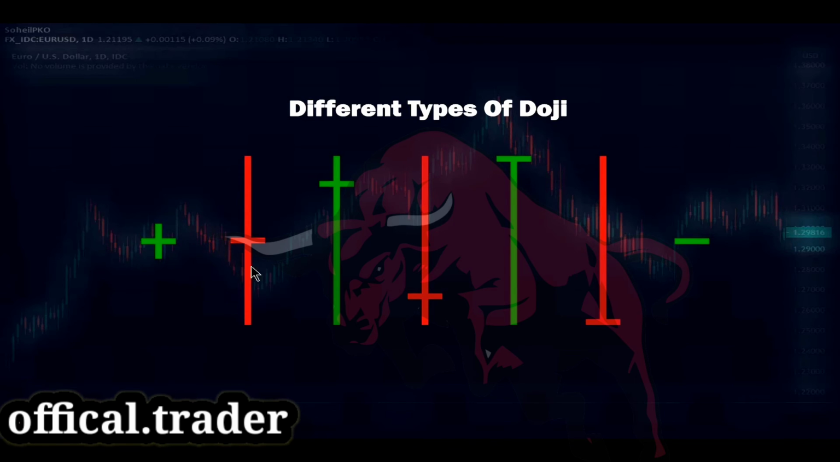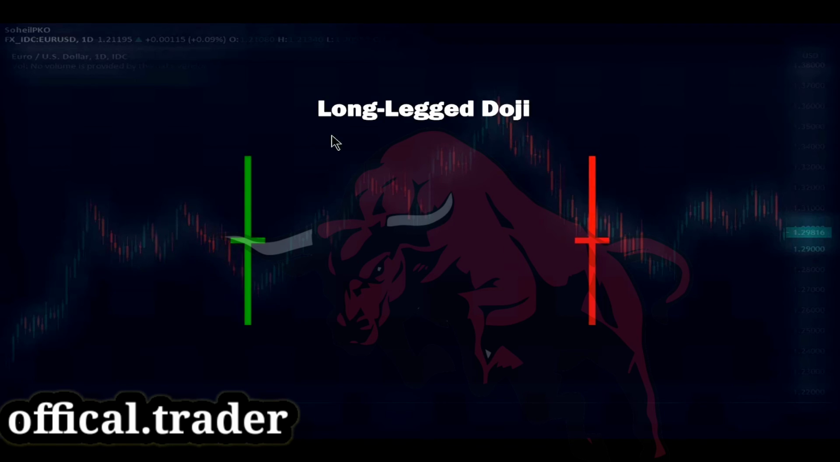The second kind is long leg doji. It's similar to plus sign doji but with long shadows. It's actually like the spinning top with long shadows, but here we don't have a body. In this long leg doji, compared to plus sign doji, buyers and sellers were more active and each of them had control for some time and could push the price up and down significantly. But finally, there was a standoff and the price closed approximately at the opening level, and this shows indecision among